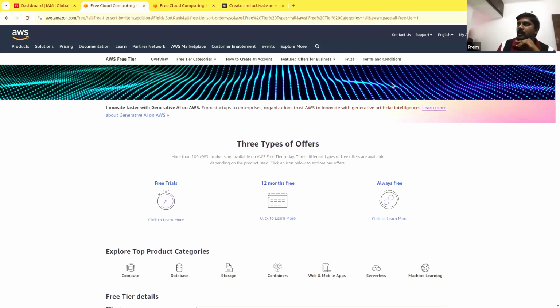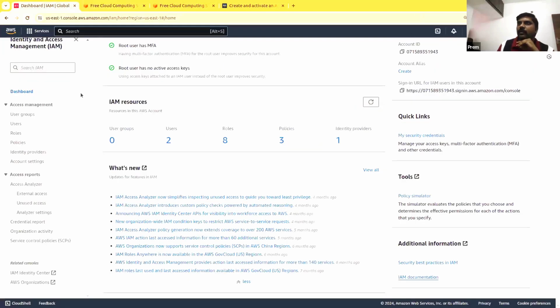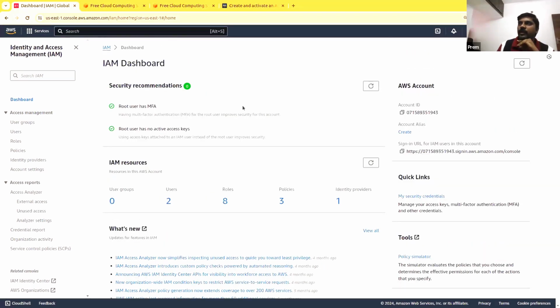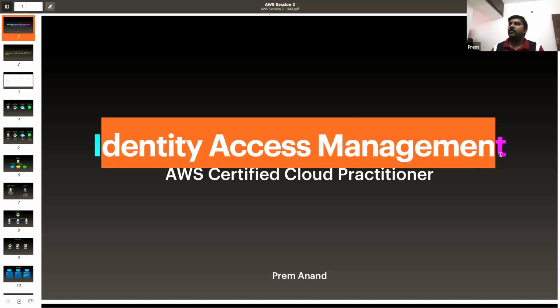Okay. If that is the case, I think we can jump into IAM, which will be our first service to check. Okay, we'll go into IAM. And we will do a hands-on probably tomorrow on this, but we will talk about IAM today. This is the first service or first application that we will be seeing in AWS, Identity Access Management.